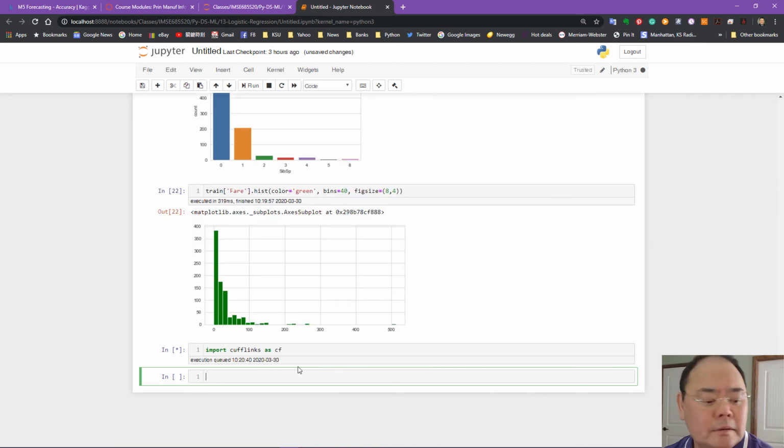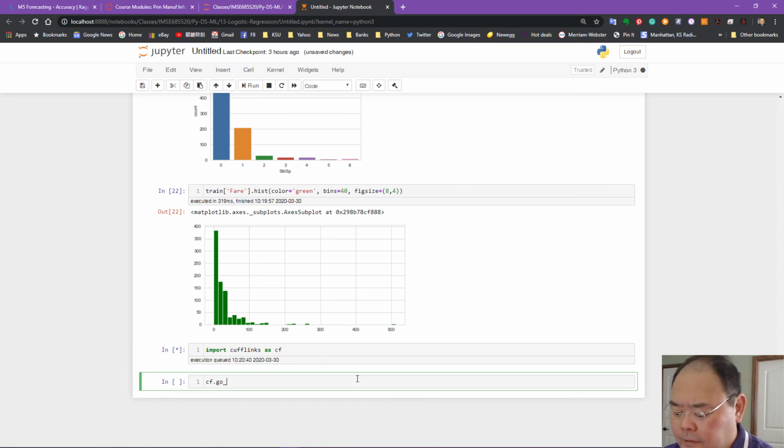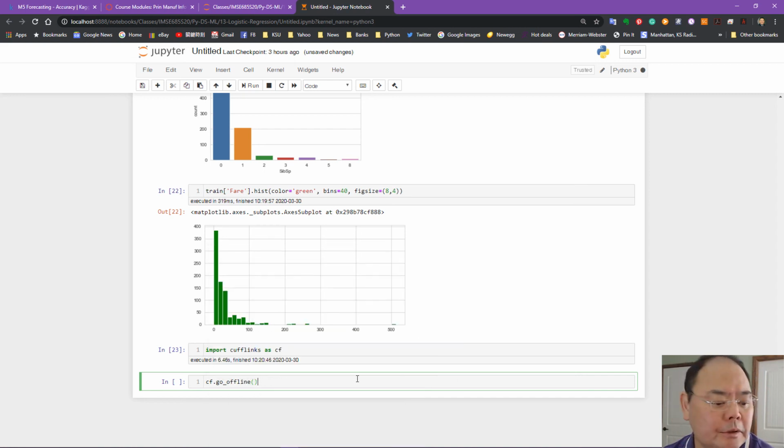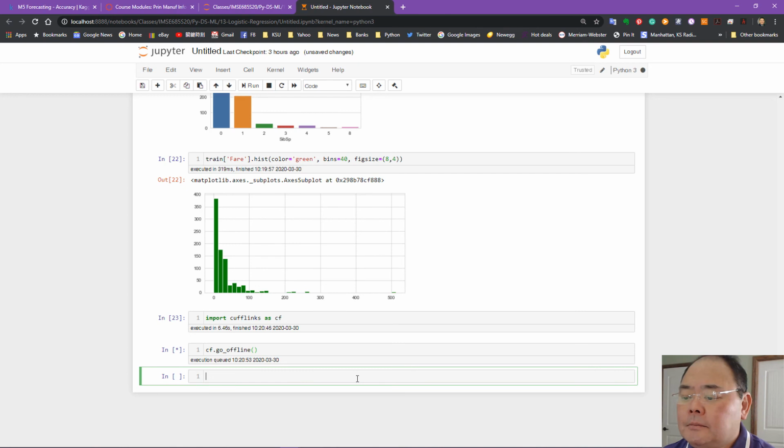And since we're going to do it offline, cufflinks go offline. Otherwise, it will take a long time to plot. You probably already know that one. Let's do it directly using the fare column and do iplot